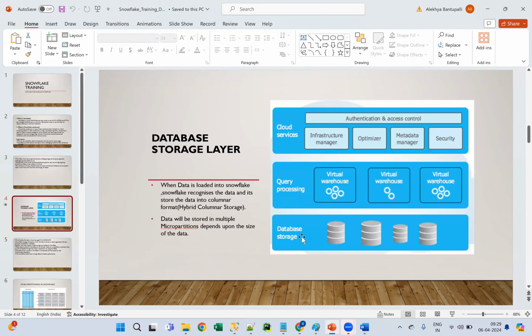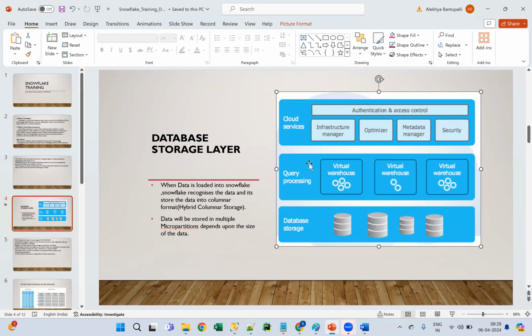Snowflake is having three kinds of layers, guys. Database storage layer to store our data basically. In this layer, we can store our data. And coming to query processing layer, whatever queries we are running, those queries will run in this query processing layer. And coming to cloud services, this cloud service layer is completely handled by Snowflake only.